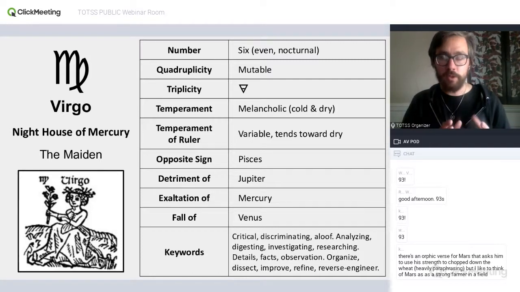The planets that we talked about in terms of sect, day and night: the Sun, Jupiter, and Saturn are of the day sect, and the Moon, Venus, and Mars are of the night sect. And so the sign in which a night planet is exalted makes a sextile aspect to one of the domiciles of that planet.